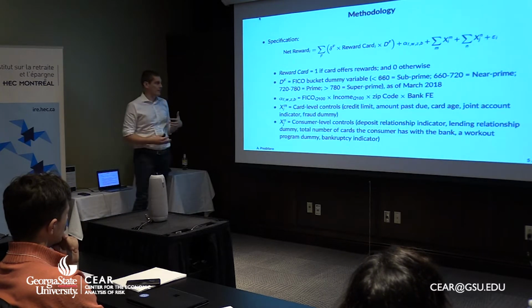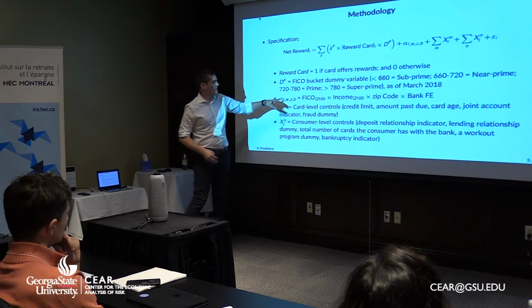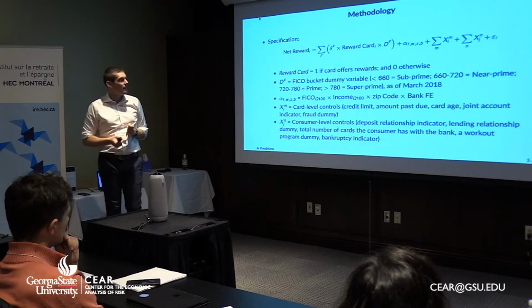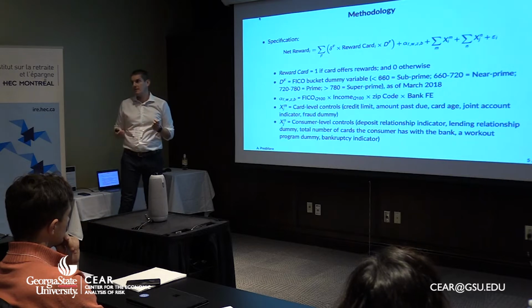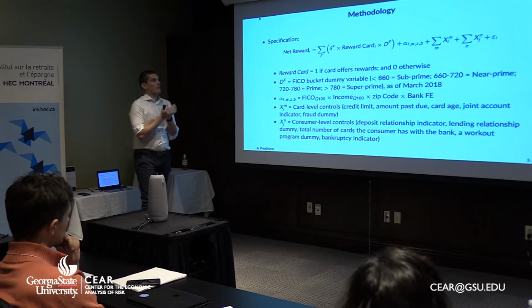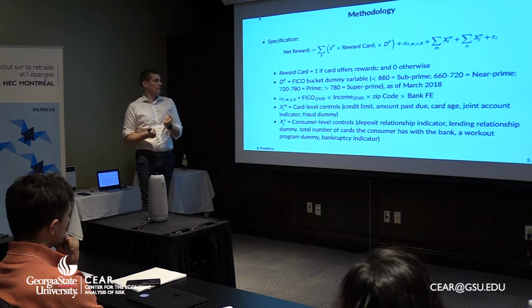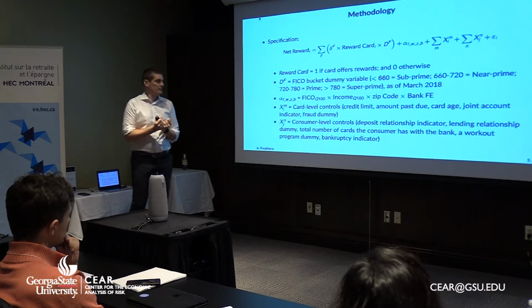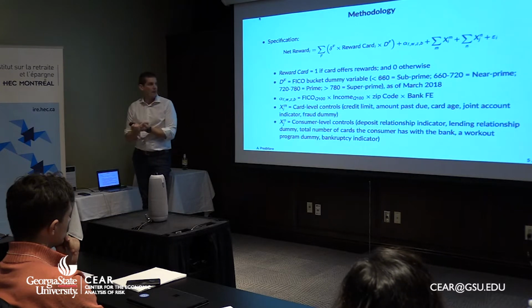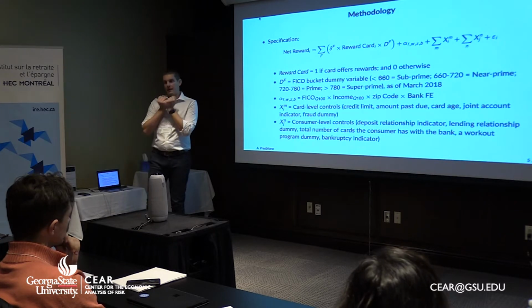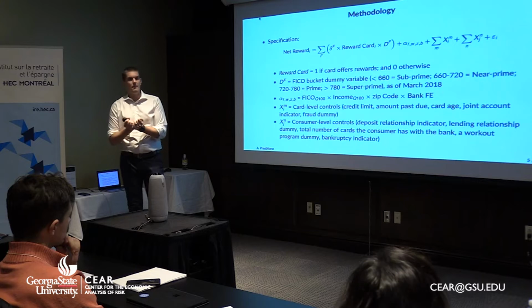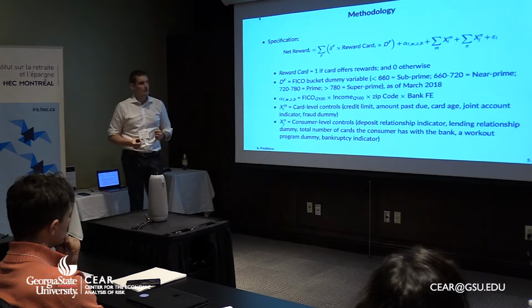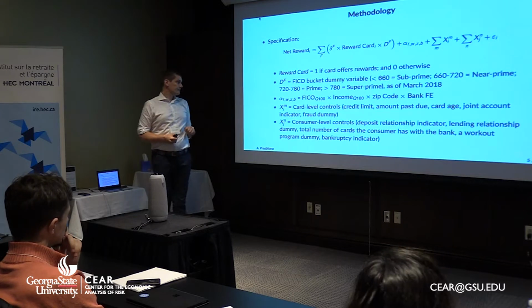We do a lot of robustness here. In the baseline, we have the interaction of FICO and income percentile, zip code, and bank fixed effects. So basically, we can compare two people who are in the same percentile of the FICO score, in the same income percentile, living in the same neighborhood in the US, with a classic and a reward card at the same bank, and we look at the difference in net rewards between these two, controlling for a bunch of other stuff.